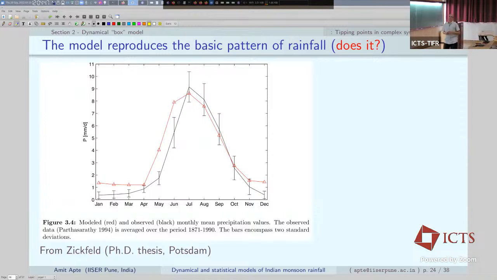It captures the broad behavior in some sense, if you can think of this as capturing it well. In red is the model output using all these parameterizations of these processes, and the black with the error bars is the observed data set of the monthly average rainfall over that box region. Okay, so does it capture? Does it not capture? I'm not sure. If I were to ask this question in a statistics class, I would say no. This is way outside the error bars, but anyway, the overall pattern looks kind of okay, but the details are completely off.